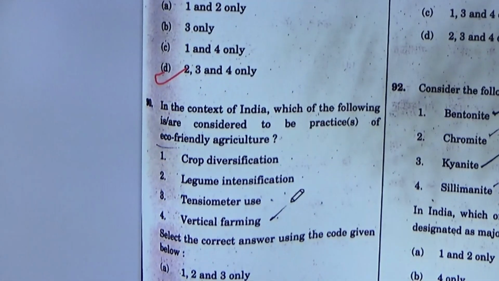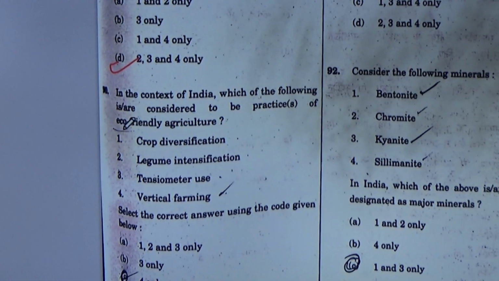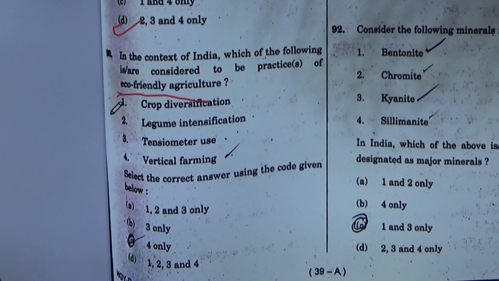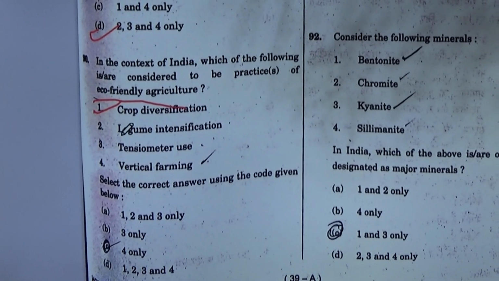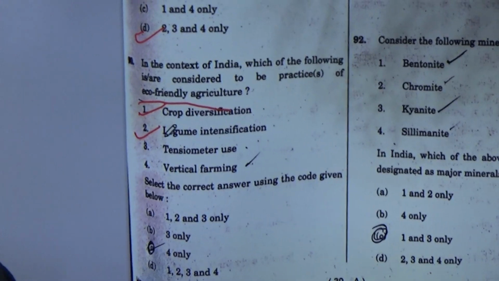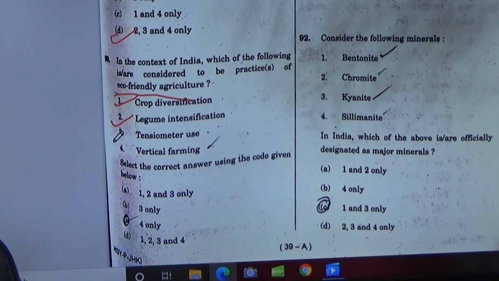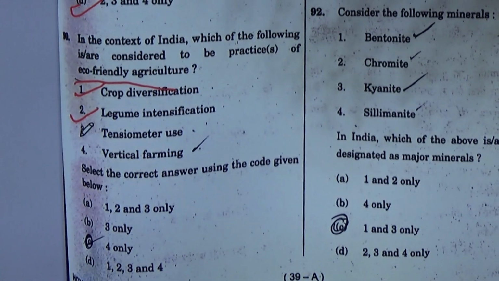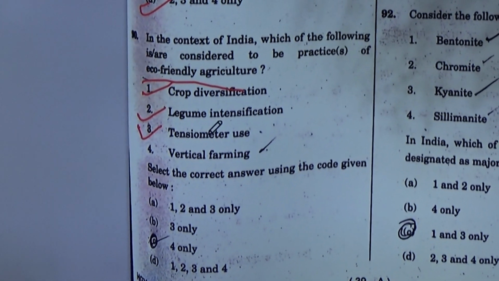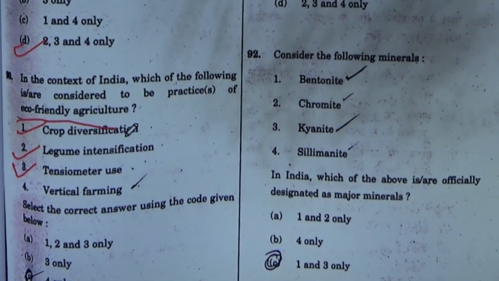Question number 89 is also on agriculture. It is in the context of eco-friendly agriculture. You can see, almost all of them are correct. Crop diversification helps in eco-friendly agriculture. That is correct. Legume intensification also helps in eco-friendly agriculture. Then you have tensiometer use. Now tensiometer use is also helping us in eco-friendly agriculture, because it's a sort of scientific technology through which we